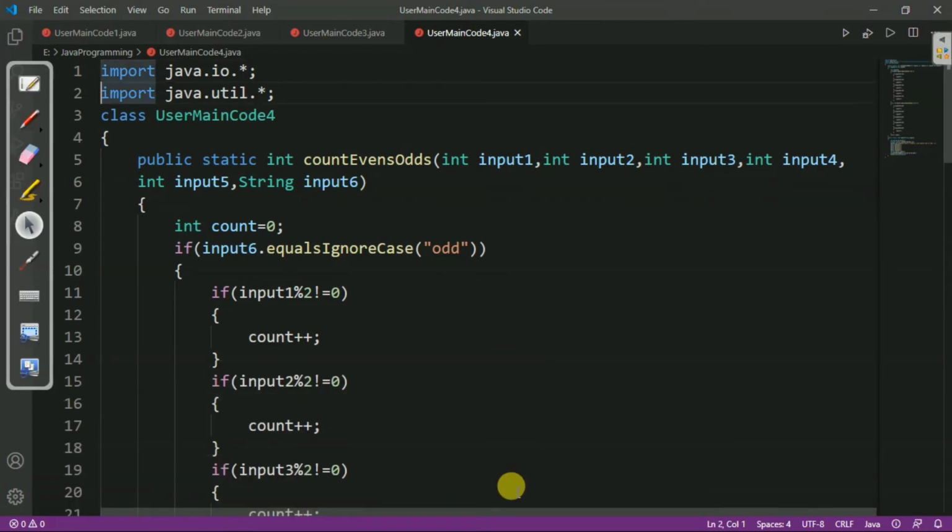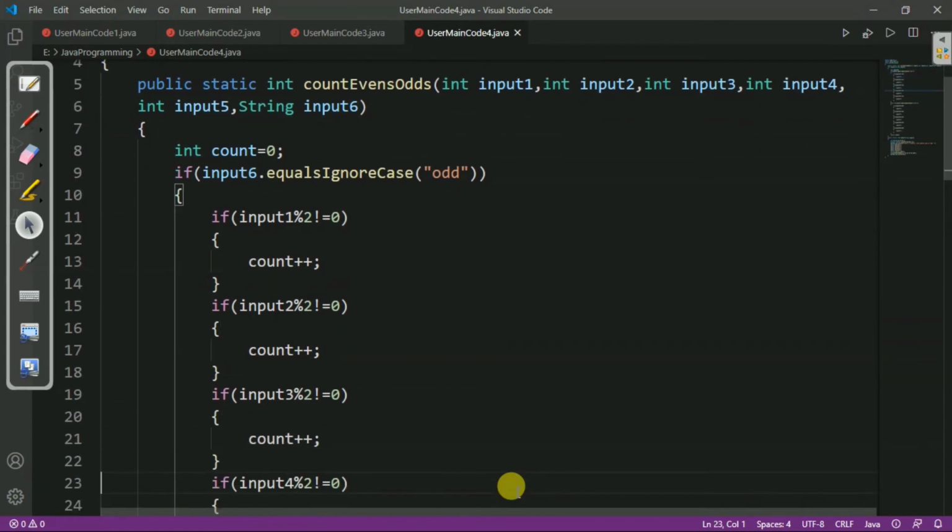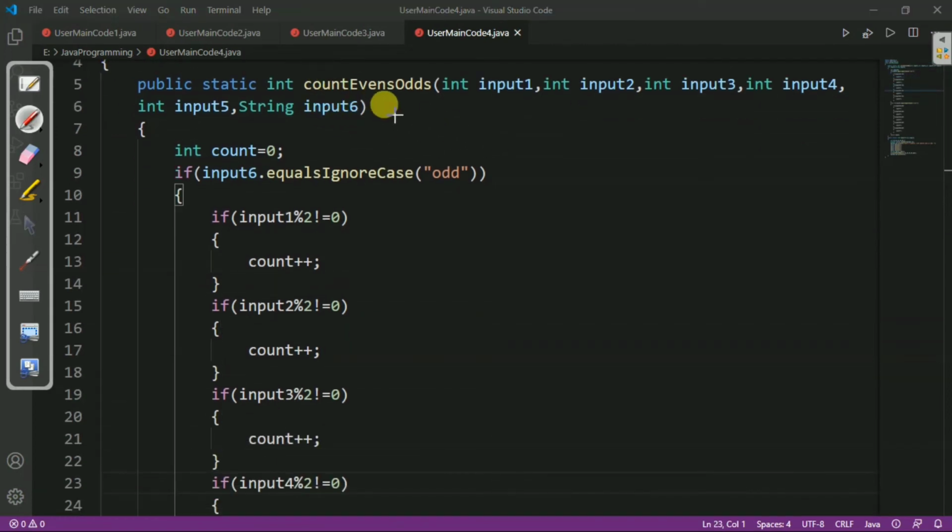So, now we will see how it works. At first, we have defined the method named countEvensOdds, and after that we have passed 6 formal arguments as an input, out of which the first 5 are of type integer and the sixth is of type string.